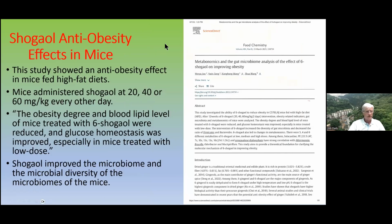Shogaol has also been shown to have anti-obesity effects in mice. This study showed an anti-obesity effect in mice fed a high-fat diet. The mice were administered Shogaol at 20, 40, or 60 milligrams per kilogram every other day. So if you put that on a daily basis, they probably did that every other day, because if you're administering it through little feeding tubes, that's really pretty hard on the mouse. So I can understand doing it that way, but that'd be about 10, 20, or 30 milligrams per kilogram per day. And if you put that in human doses, you're looking at about